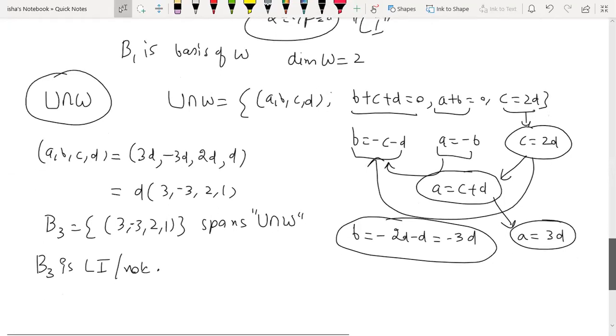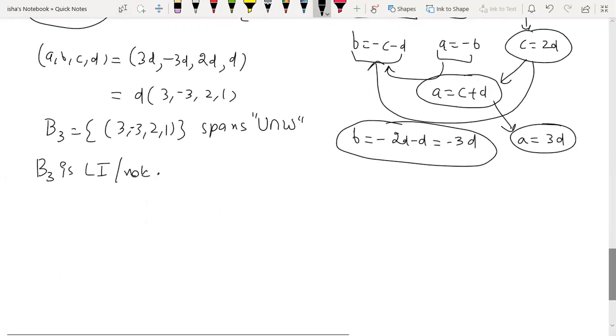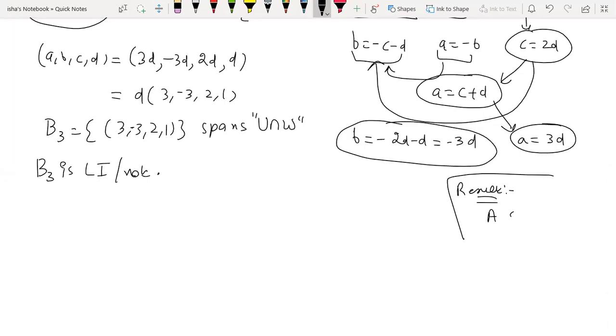So for that also I'm going to tell you a result, a shortcut. You can use the definition again, but for a single set, it is very easy to see. For a singleton set, that means the set containing only one element, say V, it is linearly independent if and only if V is non-zero. So if that is a non-zero vector, every element can be generated from that. So that is going to be linearly independent.